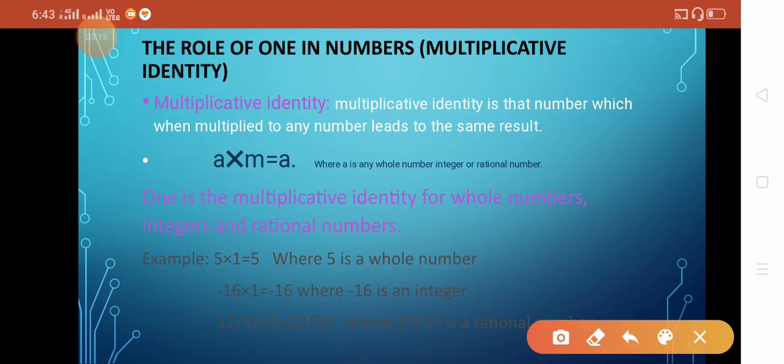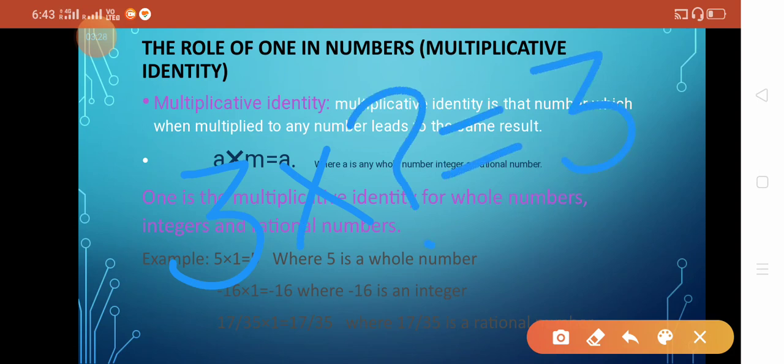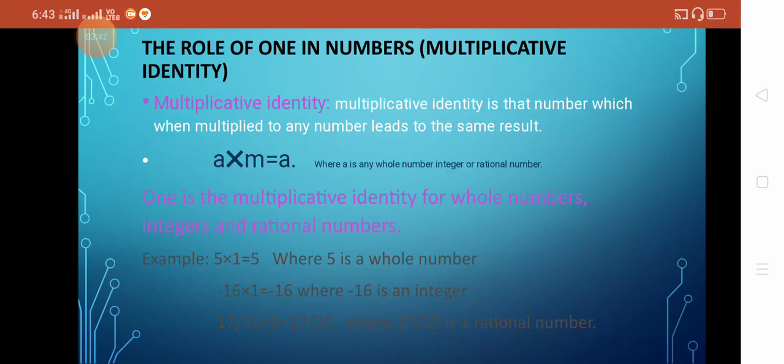In simple words, if you multiply the given number by some number and your answer is again the given number, then the number you have multiplied by is your multiplicative identity. You want the same answer. So by which number should you multiply? For example, we have 3, we multiply by some number and we want the answer to be 3. What should come in place of the question mark? 1. If you multiply any number by 1, you will get the same number again. That means 1 is our multiplicative identity. So our additive identity is 0, multiplicative identity is 1.